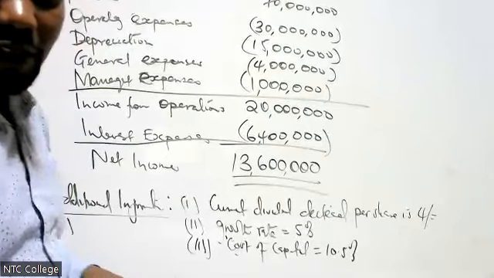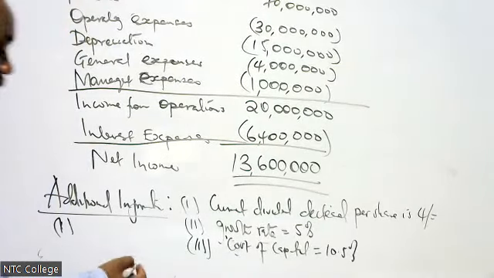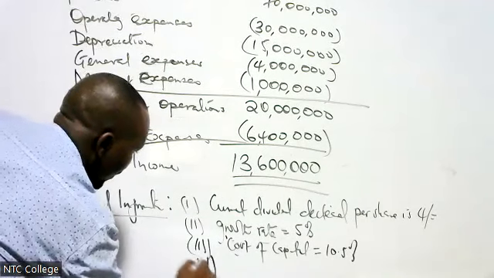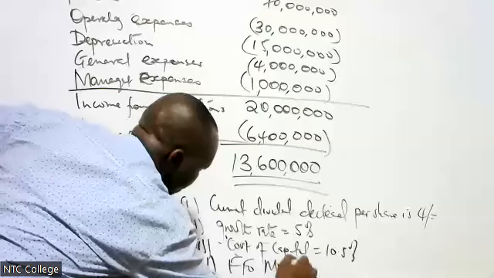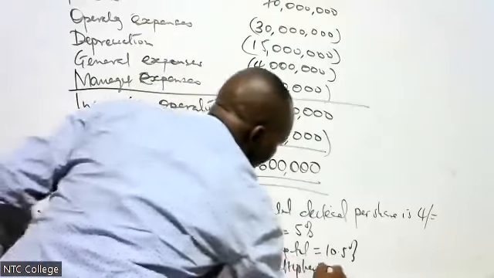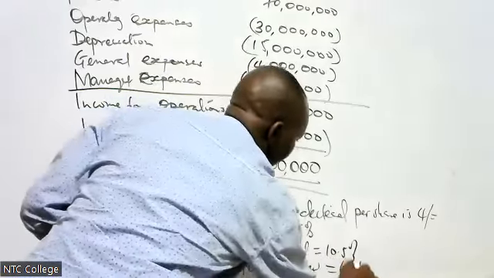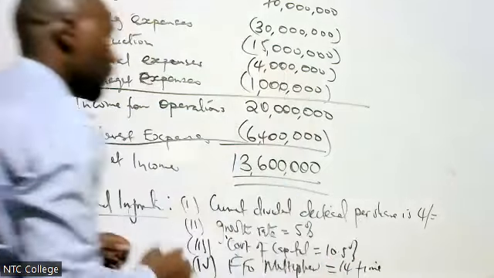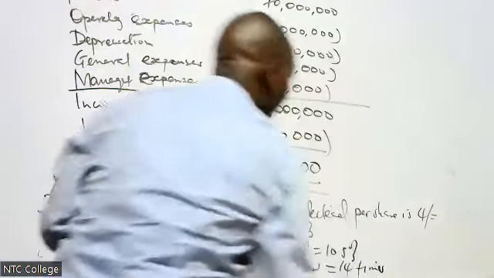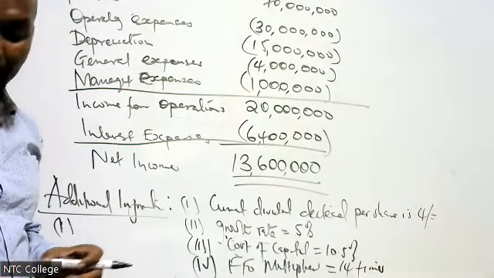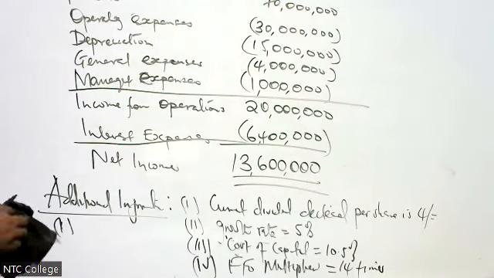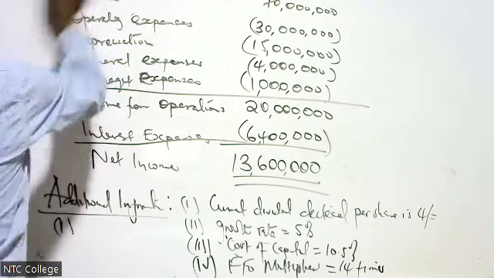Though I may mention that cost of capital is 10.5%. Then the last one here is FFO multiplier is 14 times. So let's move very fast. I need to take 10 minutes so that we finish by 10:30. Okay, so